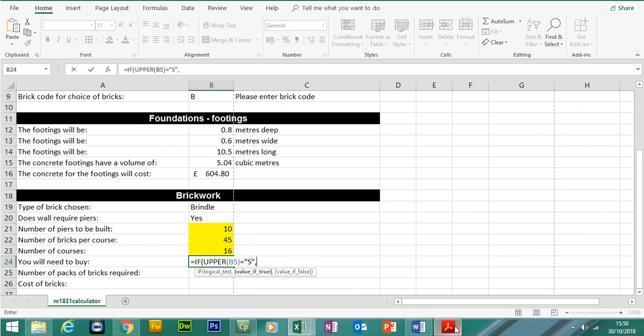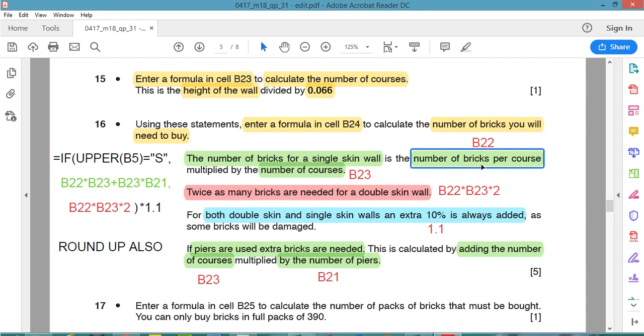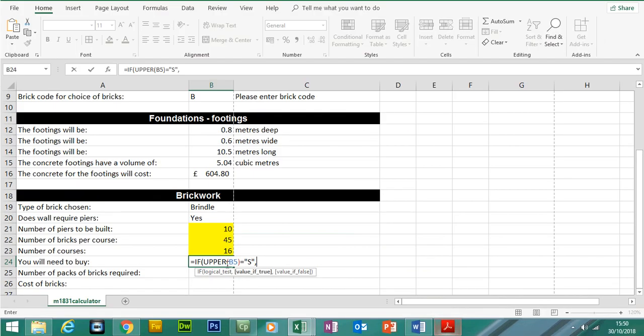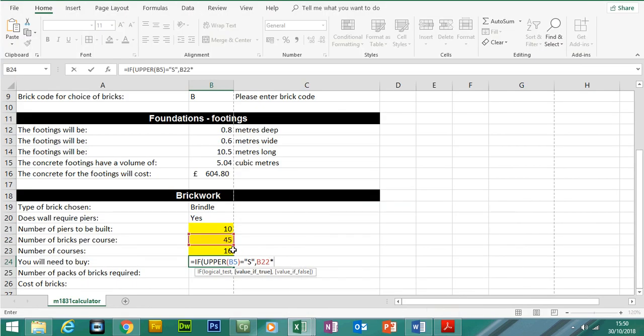If it's true, the number of bricks for a single skin wall is the number of bricks per course, B22, multiplied by the number of courses, which is B23,